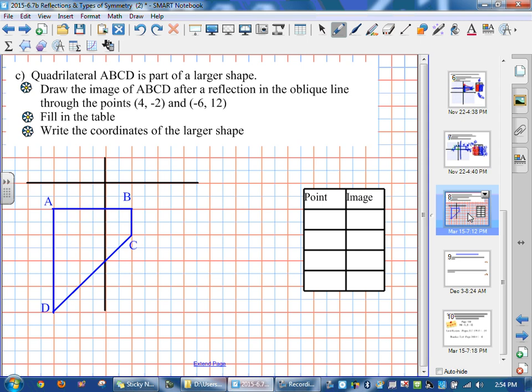Okay, I'm going to do this question with you. It says points 4, negative 2, so we have to find 4, negative 2. 1, 2, 3, 4, negative 2. So there's 1 point. And negative 6, 12. 4, 5, 6. Negative 6, positive 12 is way the heck up there. Okay, and I'm going to draw a line going this way through it. If I draw a line going that way through it,